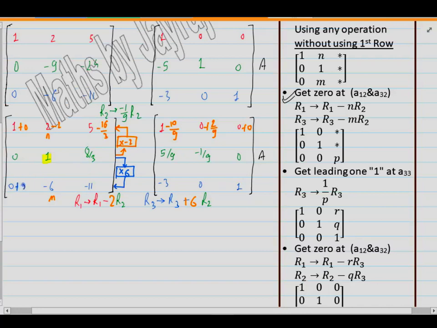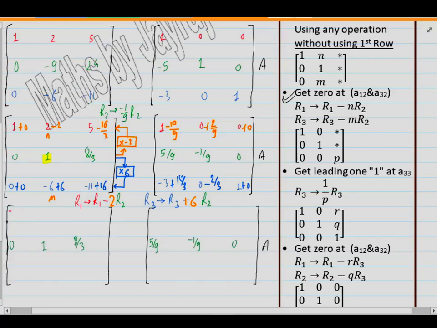That will give us plus 0, plus 6 and plus 16. Same thing on the right side will give us plus 10 by 3, minus 2 by 3 and plus 0, right? So in this process, our second row will be as it is. Here it is as it is, and first row will be 1, 0, 5 minus 16 by 3 will give us minus 1 by 3, then minus 1 by 9, 2 by 9 and 0, and third row will be